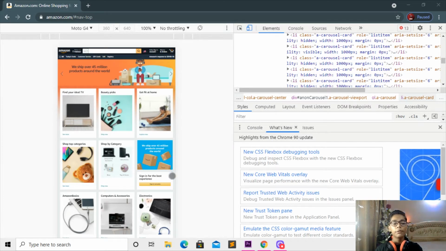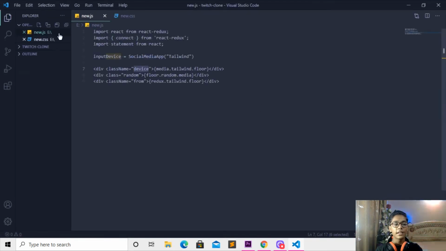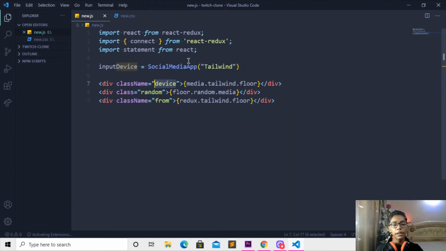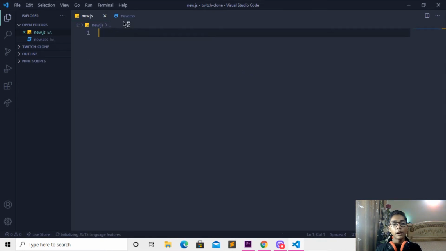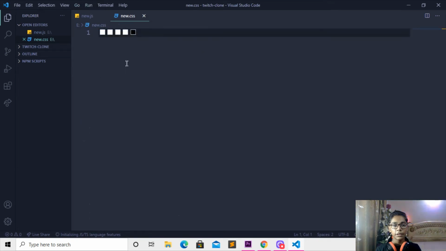Then here we don't have to make any React folder or file, because we will be making a random React file and working in that with JavaScript, and then we'll be linking that with CSS there. So it will be good to go. I already made the file here, so it will be easy for you. I'll be telling you how to make that if you don't know. So I'll be erasing these things which I have written previously.